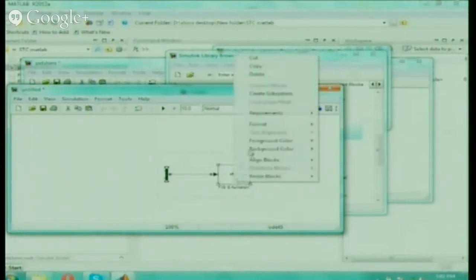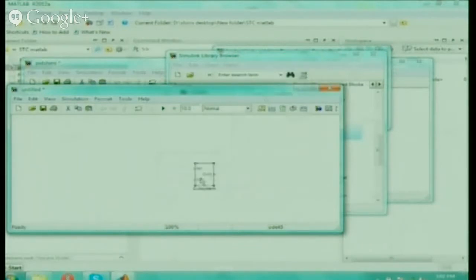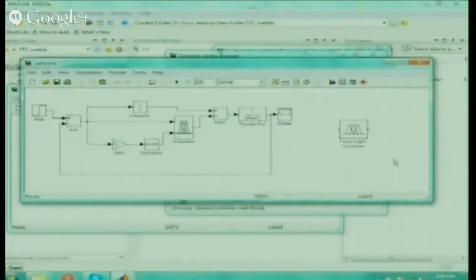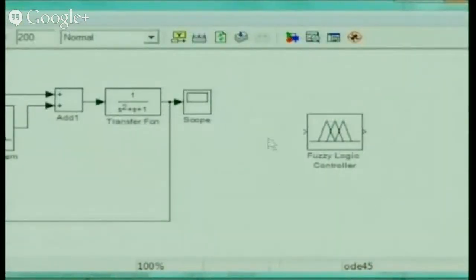I think all of you, I have already told you how to make a subsystem. Whatever you want to select, select it and create subsystem. This is the subsystem. So what is this actually now? It is your fuzzy logic. Okay, fuzzy logic block hai. So you want it, say in research also, you want it to look like this itself. If you want your block to look like this itself, what you have to do?